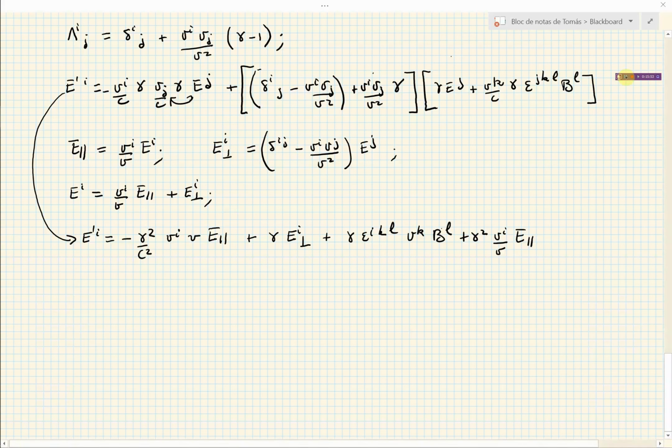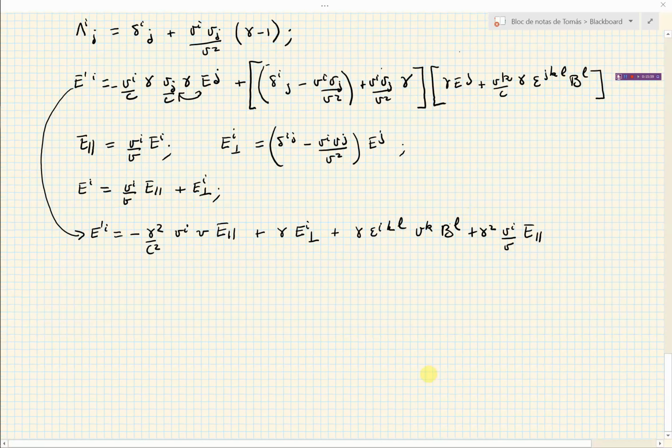Now these two terms will combine. First of all, I think I have forgotten a factor of c here, and these two terms combine